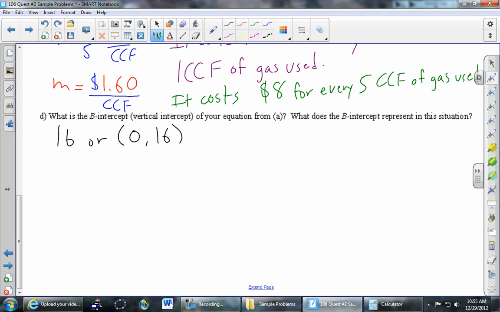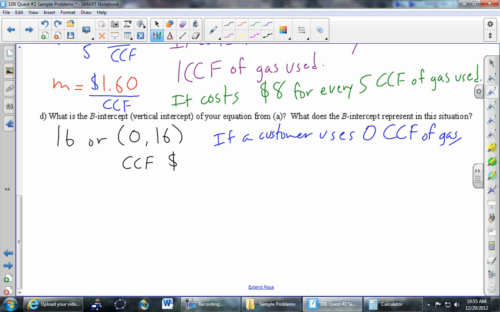But I like writing the point because 0, the whole time for us, that first number has stood for number of CCF of gas used. 16 has been the amount of money that it cost. So I think that the sentence is just about there as soon as we have the units in. If a customer uses 0 CCF of gas, they are charged or billed